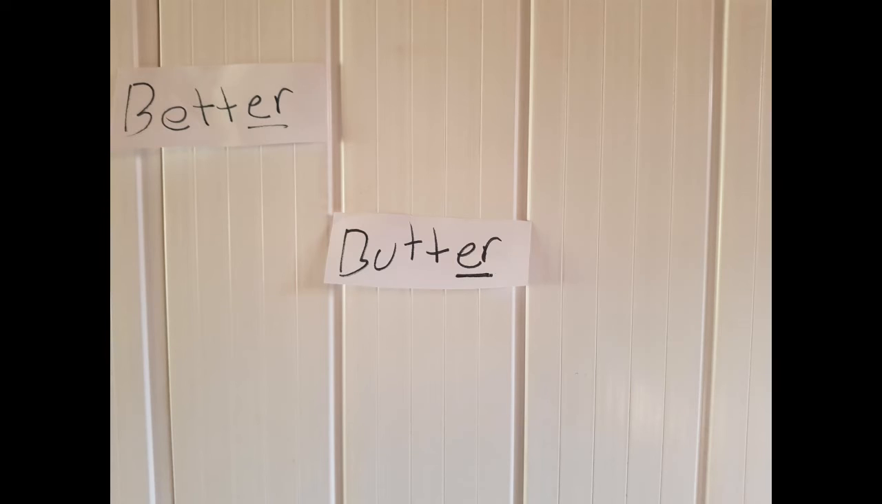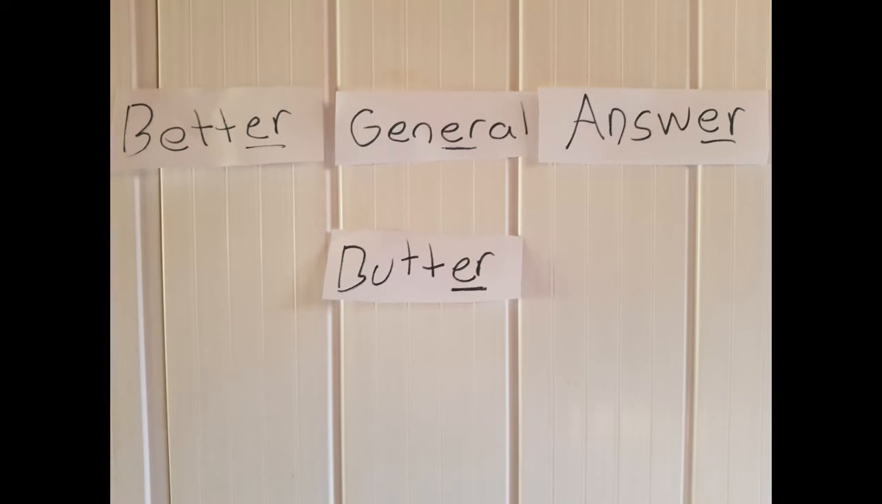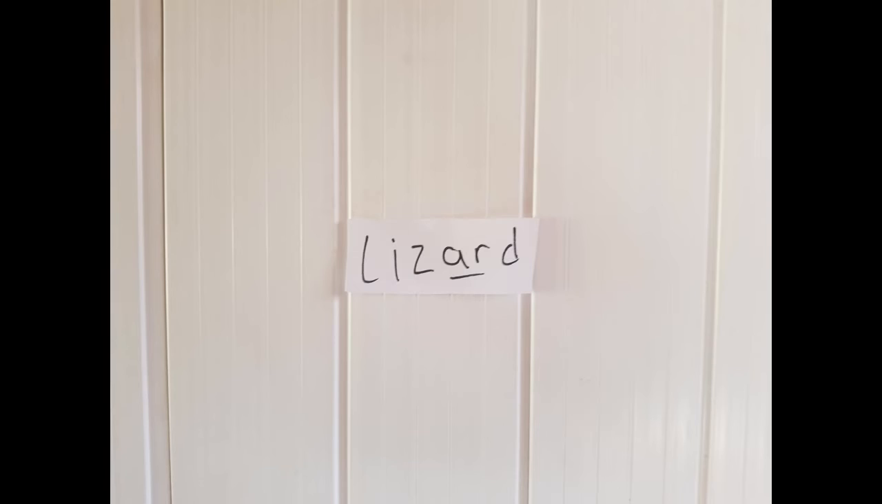Here we have butter and better, general, answer. As you can see, all these words have the letters ER, unlike the previous examples, which had I and R. But if you listen closely, they all sound exactly the same. But we'll get back to that later. Keep in mind that the sound I'm referring to is the Rhotic Schwa. Don't forget. Now for the AR examples, lizard,